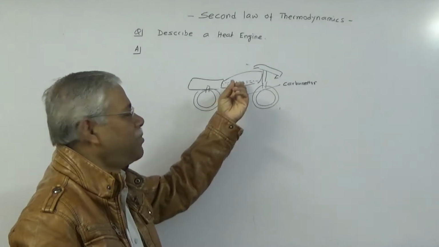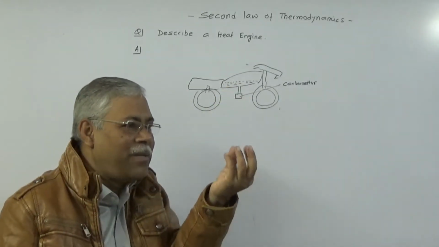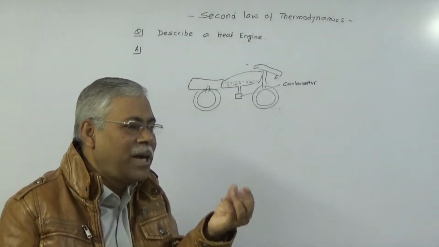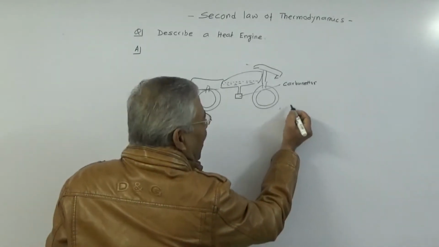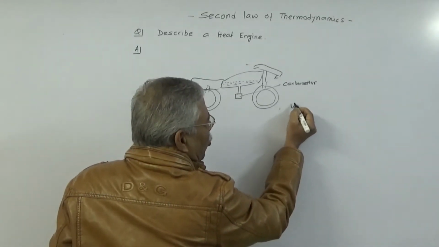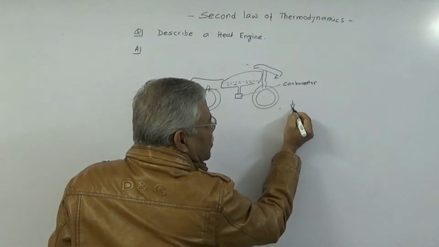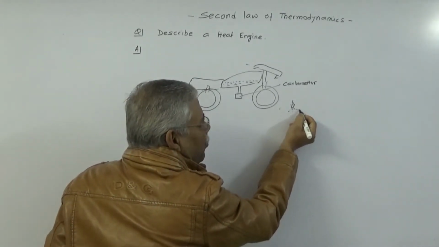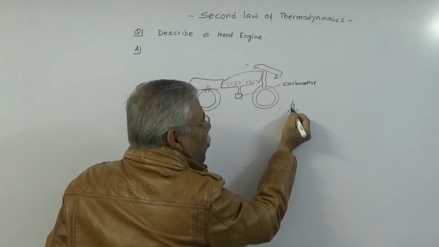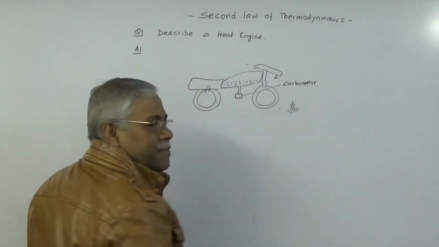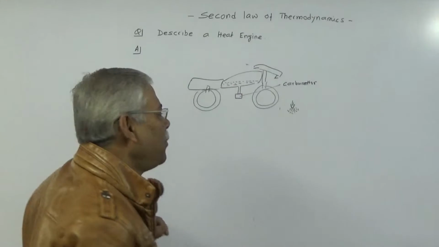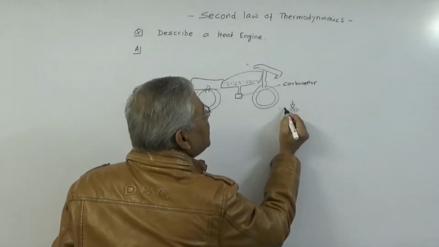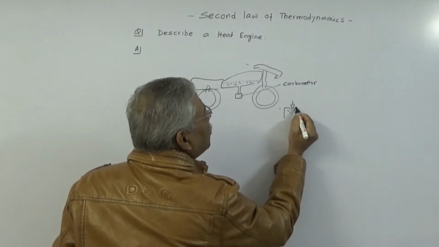You see the tank is always at the top. Because of gravity, petrol will come down. And then it will come out through a nozzle. Very small openings are there. So as it comes out, it will come out in the form of fine particles. Then these fine particles of petrol